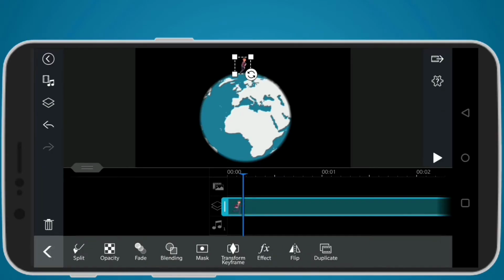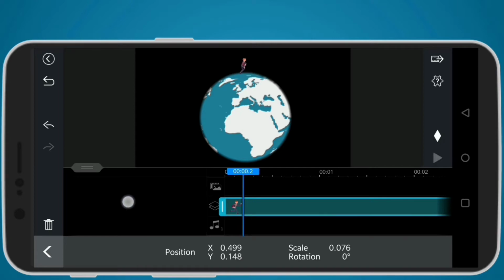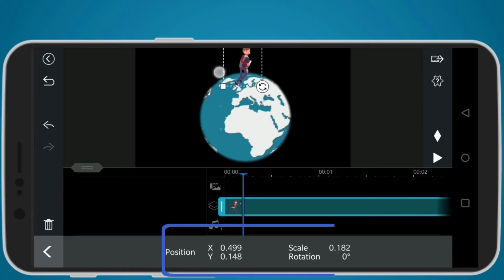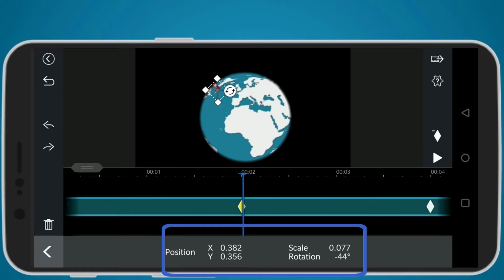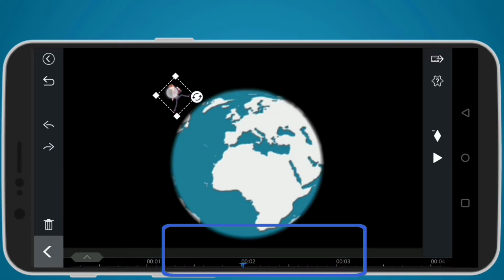We have to go to the keyframe part and we can see 3 things at the bottom that are of utmost importance in this video. X and Y value is the position in 2 dimensions, the other is scale, and the last one is the rotation. So at these 9 positions we need to take care of 3 things. So totally there are 27 things that you need to take care of. Even a single thing wrong, you might see unexpected behavior.